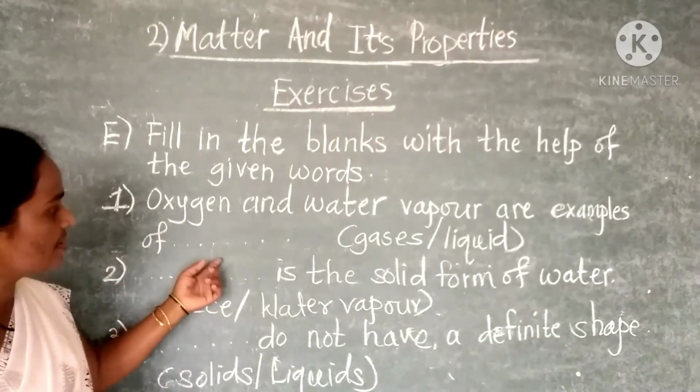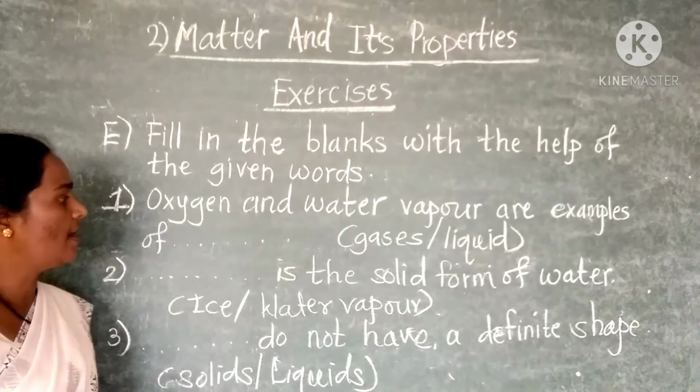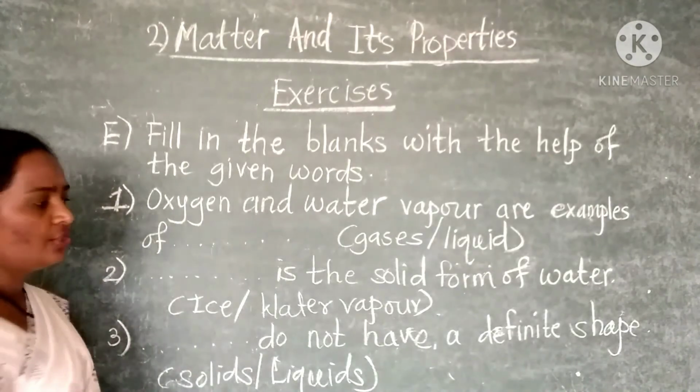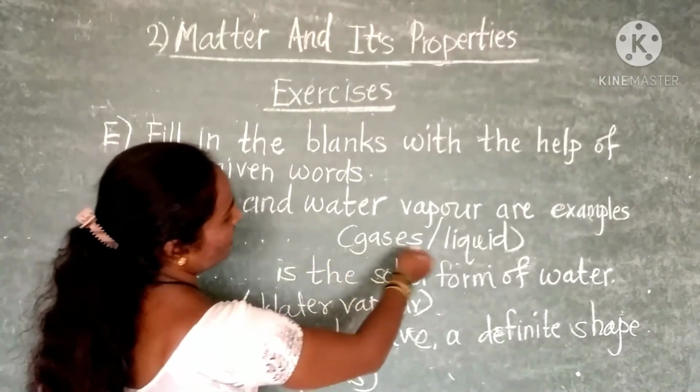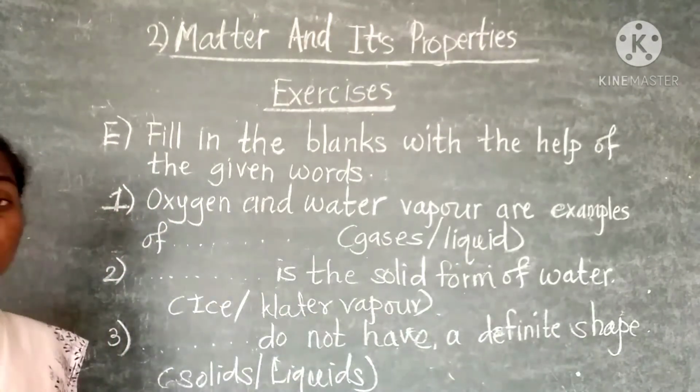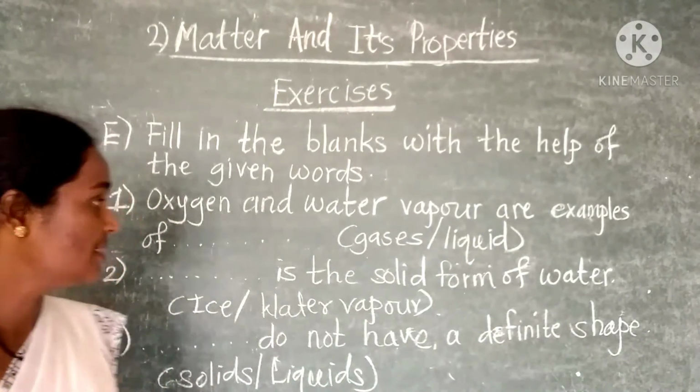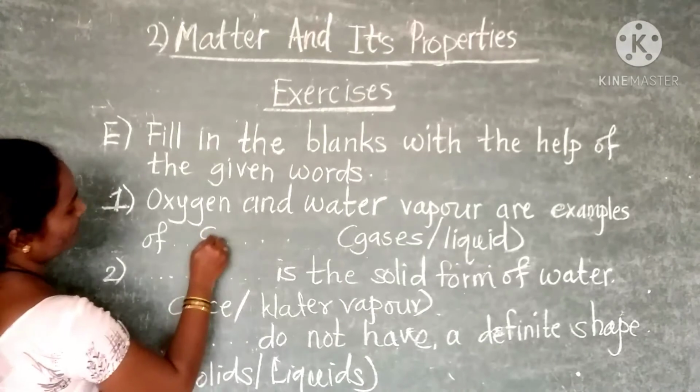First is that oxygen and water vapor are examples of... You are having the bracket gases and liquid. What are these examples? That is gases. You should write here gases